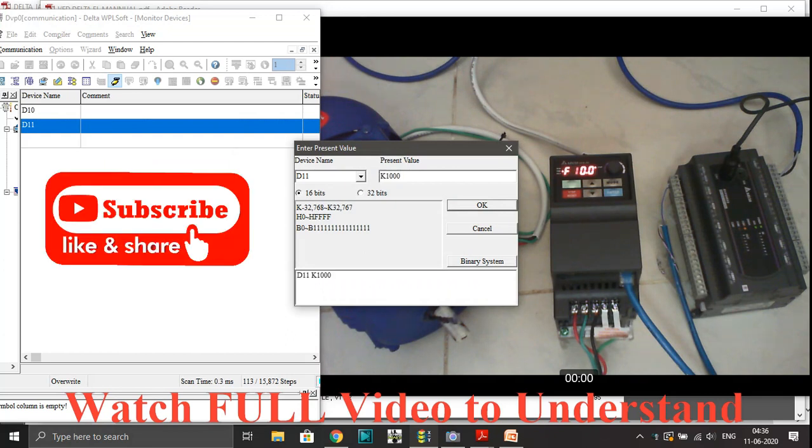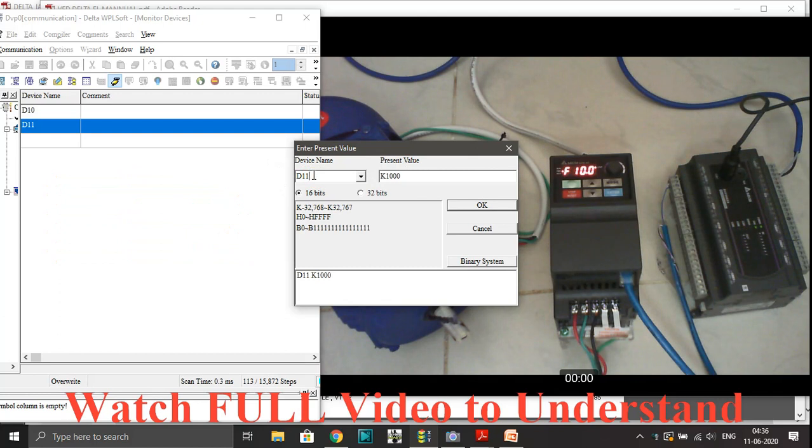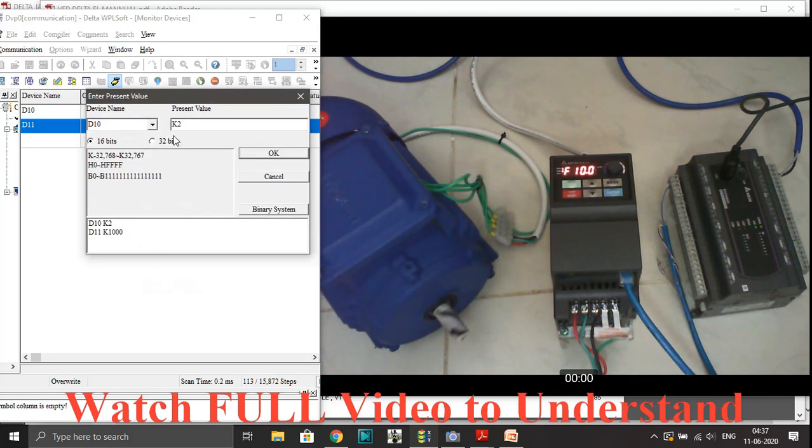Right now I will set the frequency at 10 Hz, and with the serial communication I will make this drive run. You can see the motor is running right now at 10 Hz frequency.